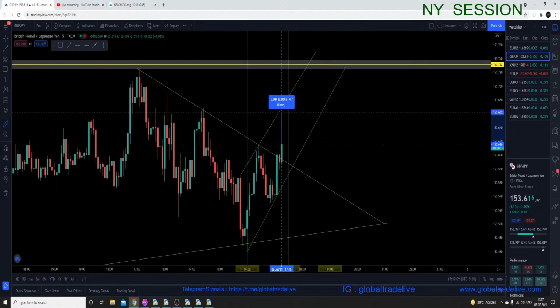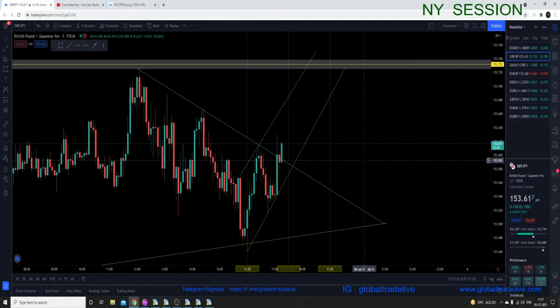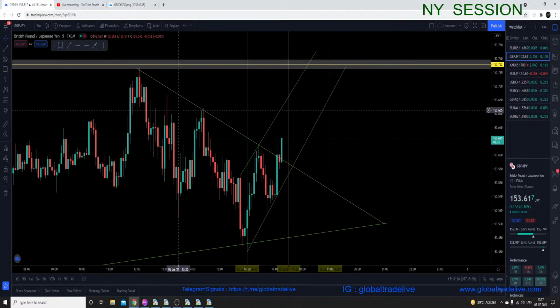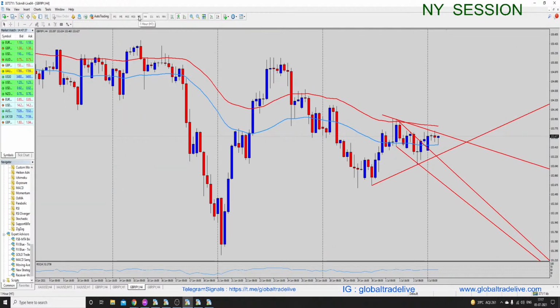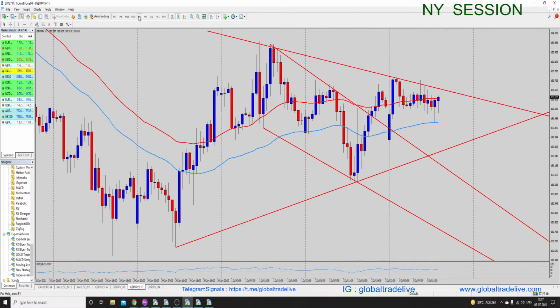So if we take a buy, then it can really move up to 5 pips up. Stops will be around 10 pips. Yeah, it's moving up. So this is another support which has been created,